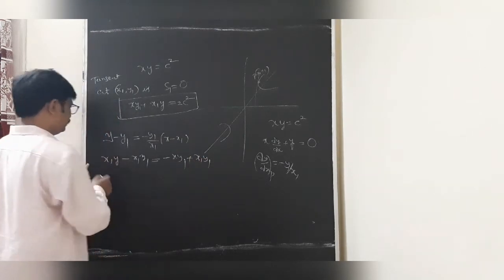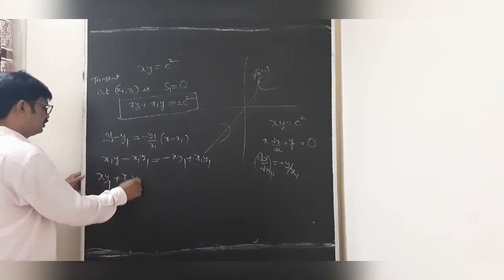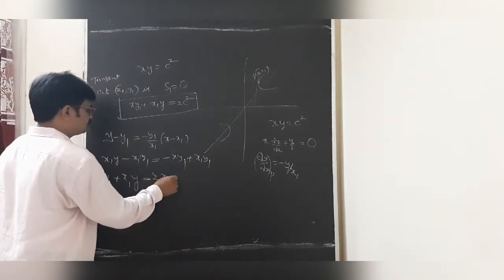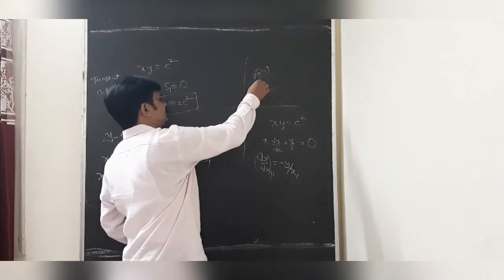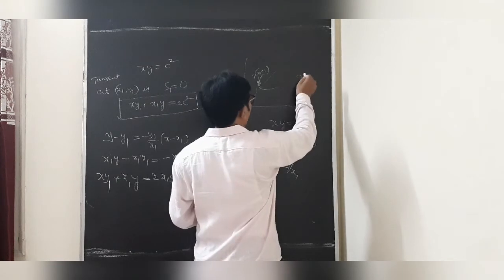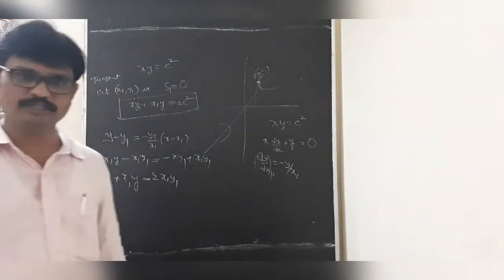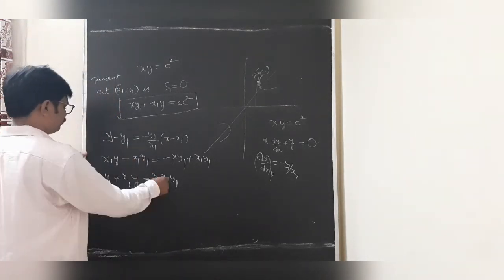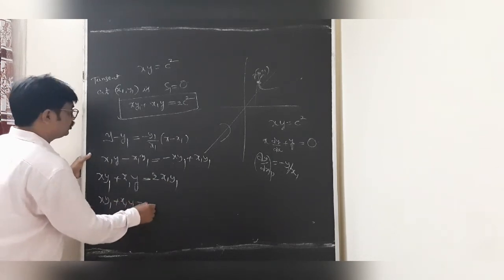So students, then it will be sending to the other side, x1y. This is sending to the other side. So 2x1y1. So dear students, when the point lies on the rectangular hyperbola, that is x1y1 equal to, undoubtedly, c square. So this is what we can write as c square. So xy1 plus x1y is 2c square.